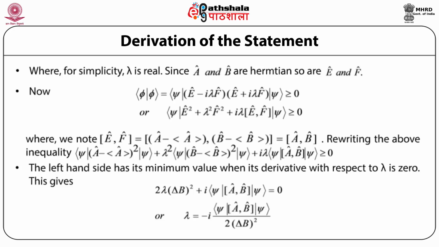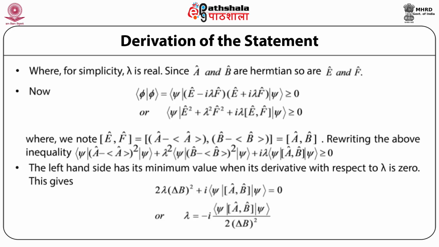So basically the scalar product of the state phi with itself is given by this relation, and this is greater than or equal to 0. In other words, we can also say that the bra vector state psi, operator E square plus lambda square operator F square plus iota times lambda times the commutation relation of operator E with operator F, all these operators acting on the state psi, is greater than or equal to 0,